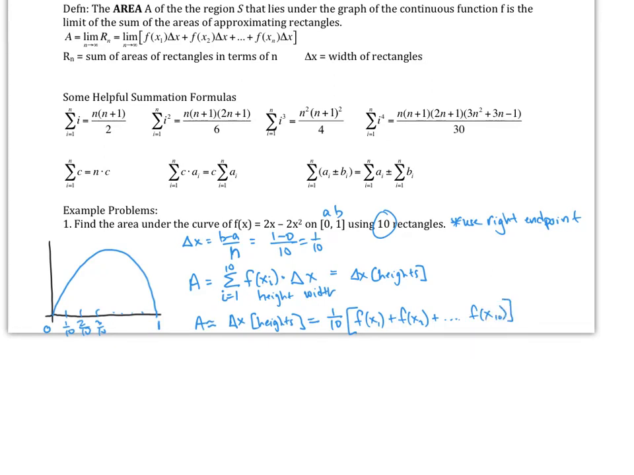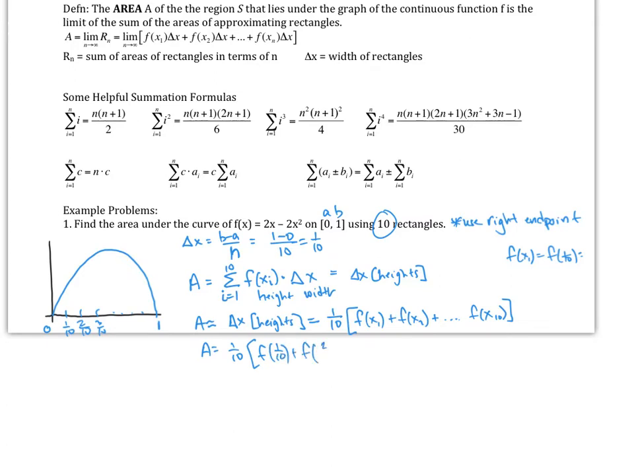And the reason why I started here is because I said right endpoints. If I would have said left endpoints, this would be f of x sub 0, and then I would end at f of x sub 9. Okay, so the area will be 1/10. Now, f of x sub 1 will be f of 1/10. Okay, so this is f of 1/10